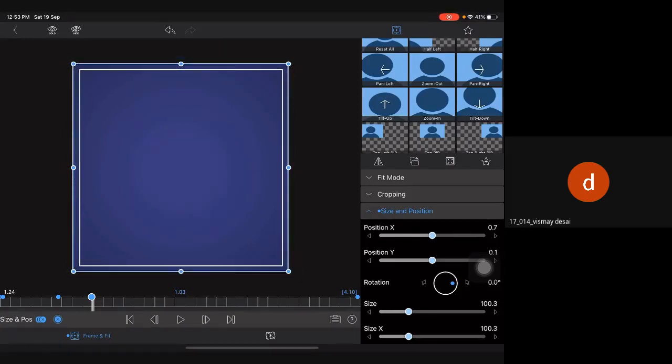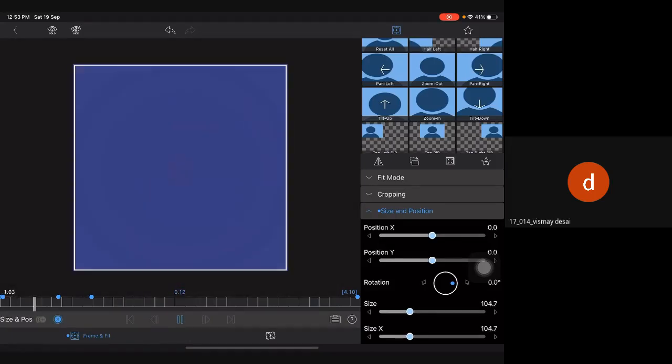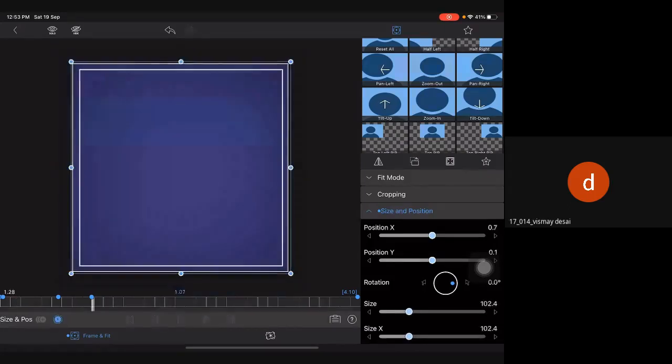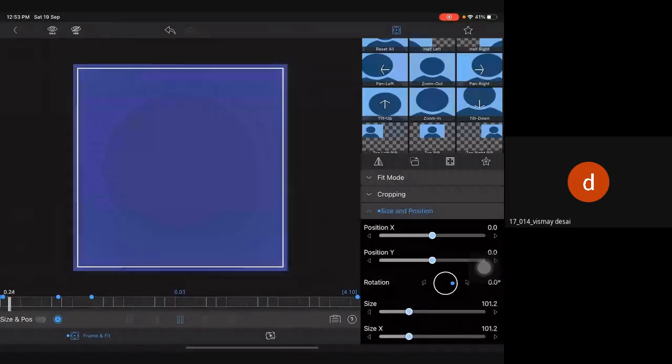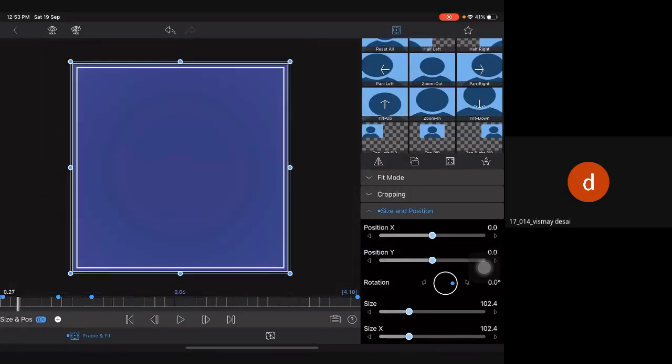So whatever effect you would like to give, you can give like this. So now let's see how it works. Okay, it's not fun,